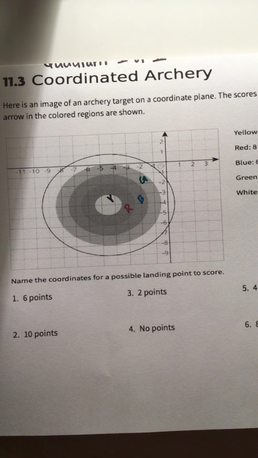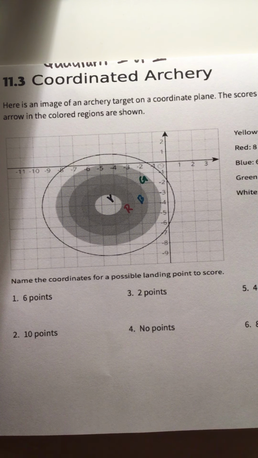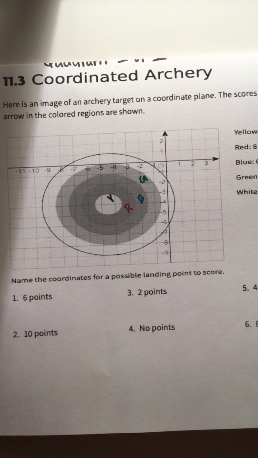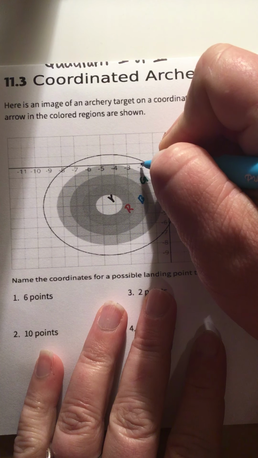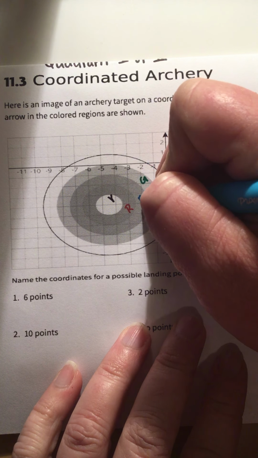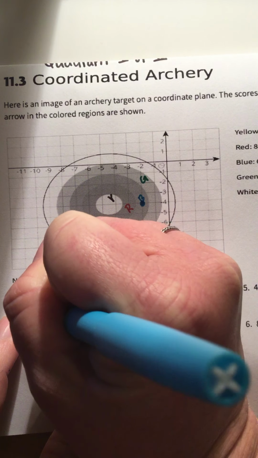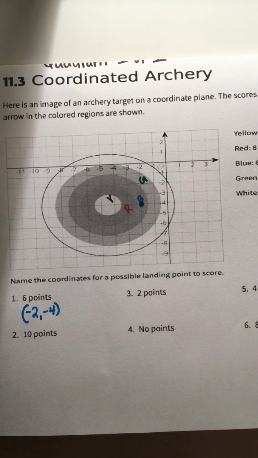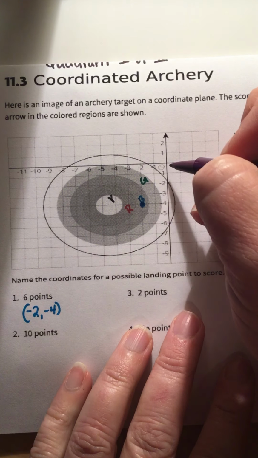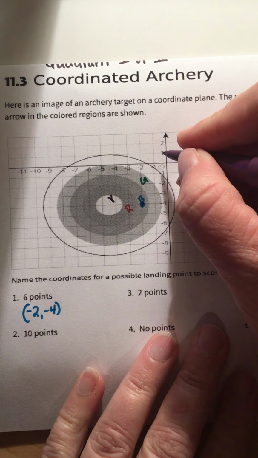So there's going to be more than one answer, but we're only going to show one for the example. So one of them could be -2, -4, okay, because that falls in the blue one. So it would be -2, -4. Okay, 2 points is the white one. So where could, anywhere in this area out here. So let's pick,